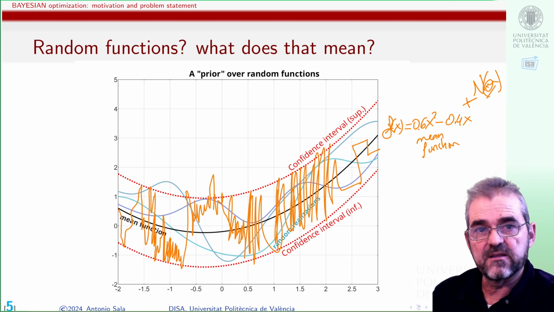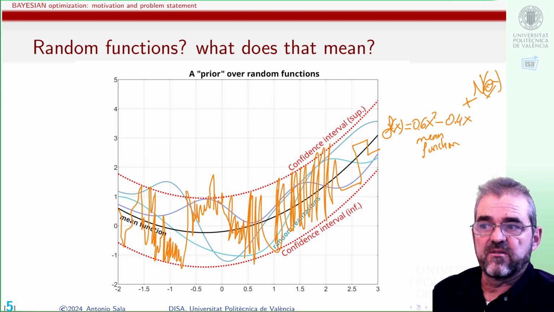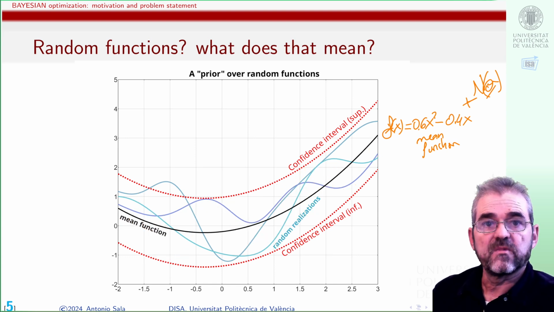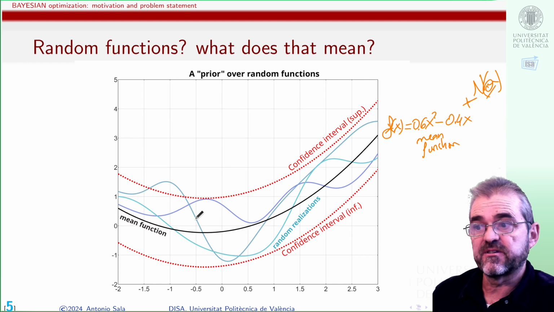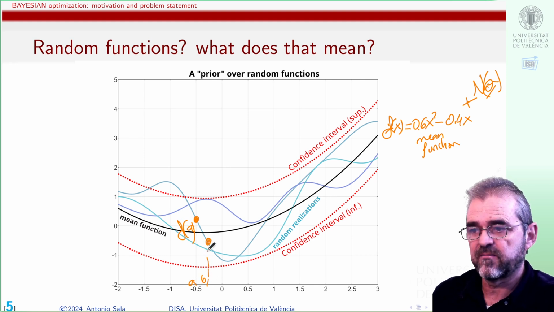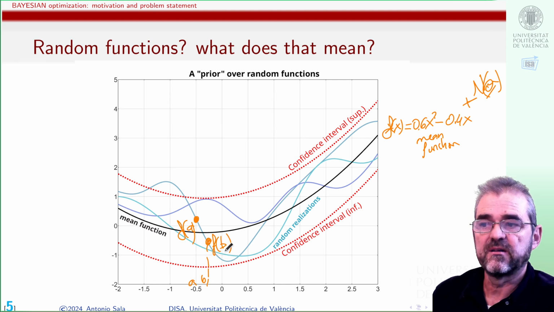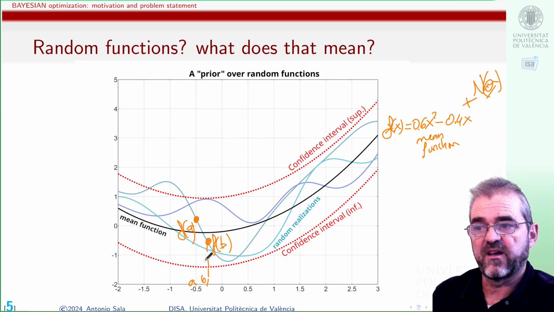Then how can I tell my algorithms that that orange line is extremely unlikely or impossible? If you see, the 95% confidence interval still holds, but if I know that the underlying function is smooth and continuous, for instance, then if I call this point A, and this is f of A, and I call this point B, this is f of B, well, if the function is continuous, then f of B must tend to f of A if I move B